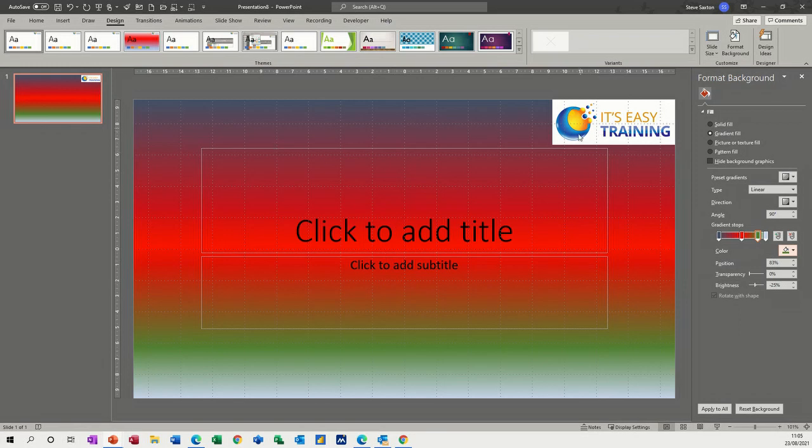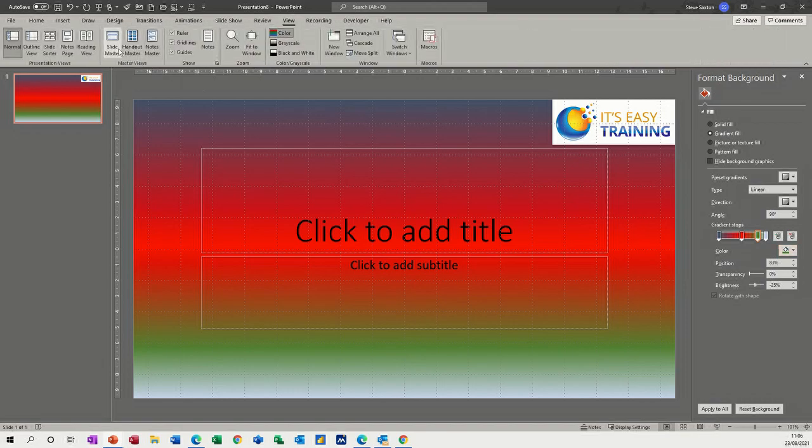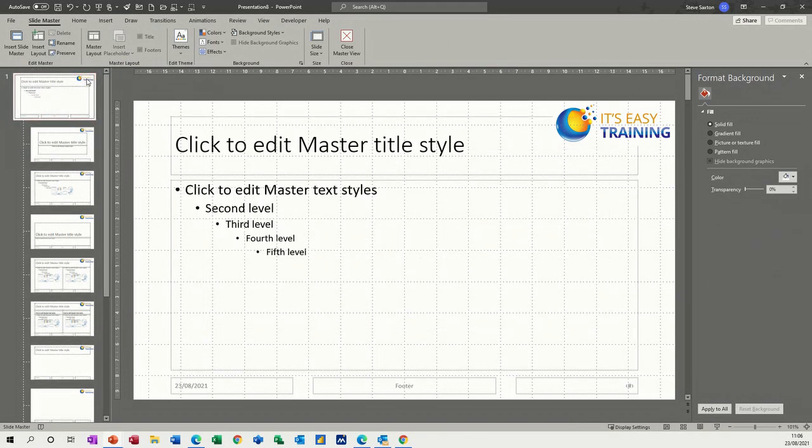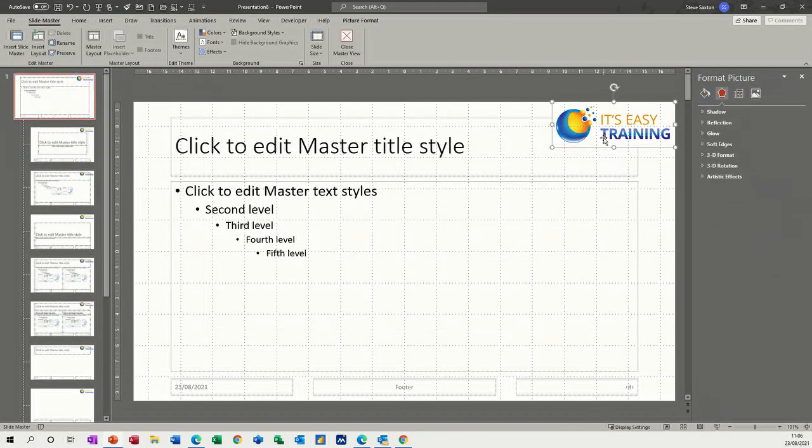Now I've got a logo there, you can see that's on my default slide. To put that on a theme, you go into View and then Slide Master, and then up to the top, so that's where it is. The logo is there, and I put that on the top one so it cascades through all of these. The logo is just a picture that I've inserted in there. But what I want to do is, in this theme,